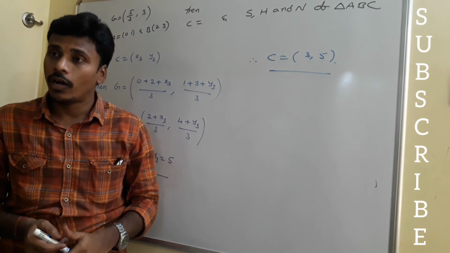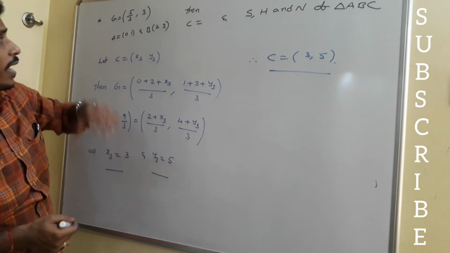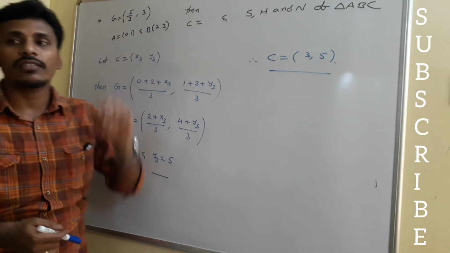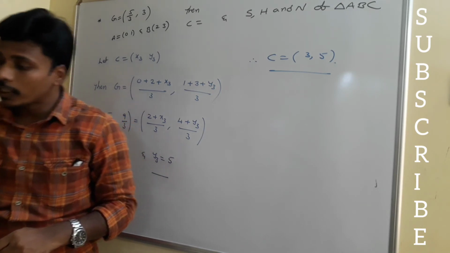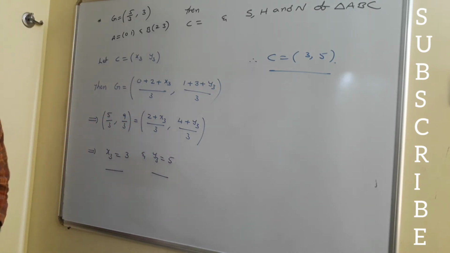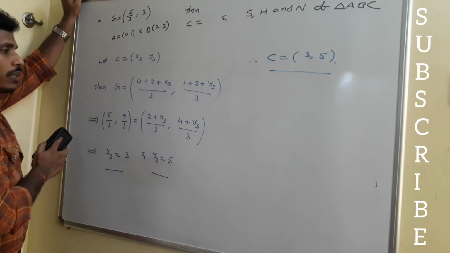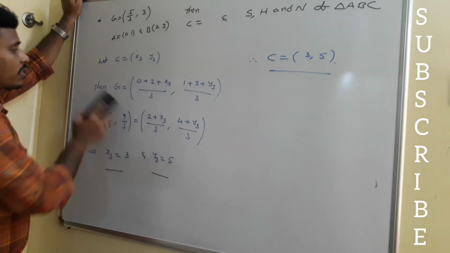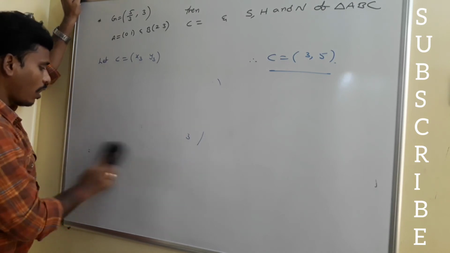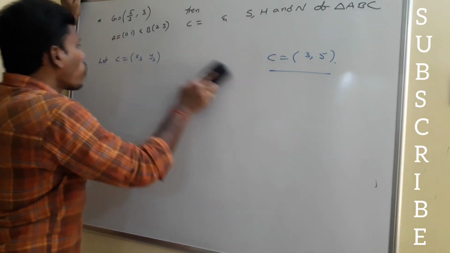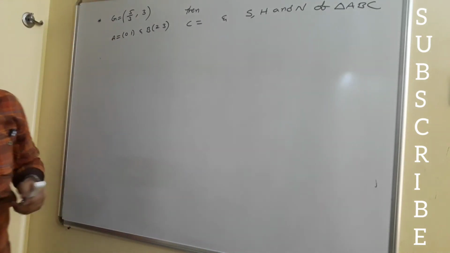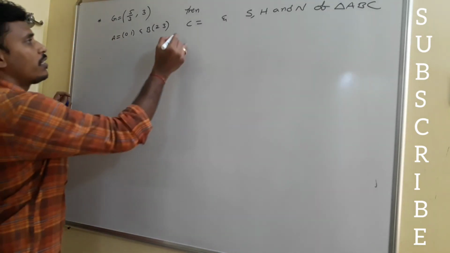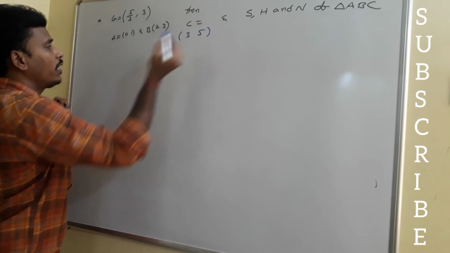Now at hand I have the three vertices of the triangle ABC along with the centroid also. But what is my question? Again they ask you to find the circumcenter, and now I am going to find out the circumcenter, and for the space concern I am erasing everything here. And now the third vertex is 3 comma 5. See this C, we found it as 3 comma 5.